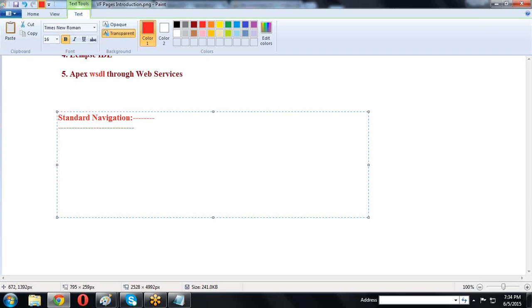From the standard navigation: Setup, Build, Develop, Pages. In Pages, click New, so we create it like this.